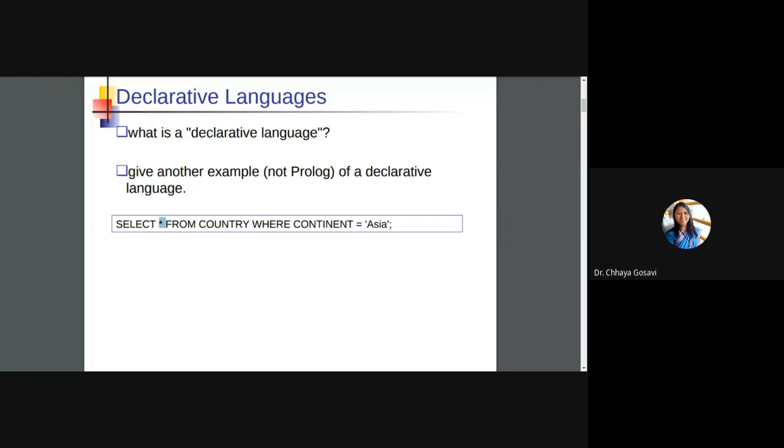From country, country is a table, where continent is Asia. From the country table, we may have two columns, country and its continent. First you select the continent Asia, and then you return the countries, and you repeat it until you get the output. So Structured Query Language is also an example of a declarative language.